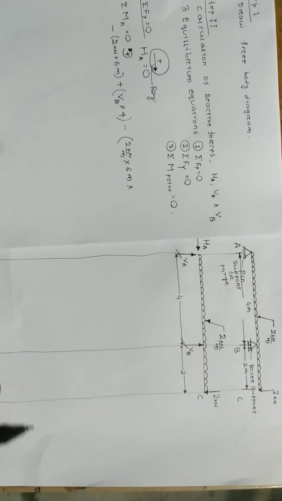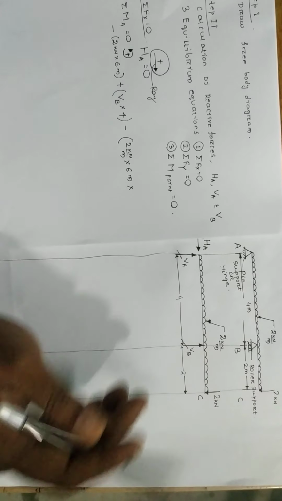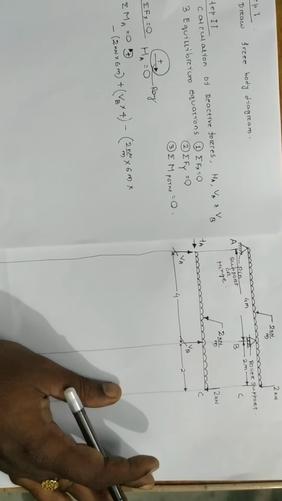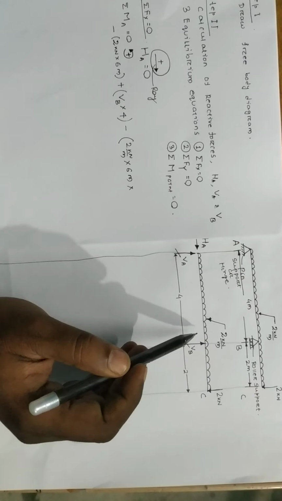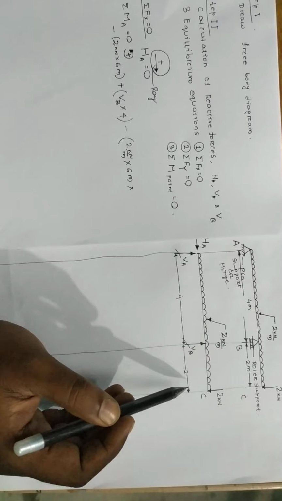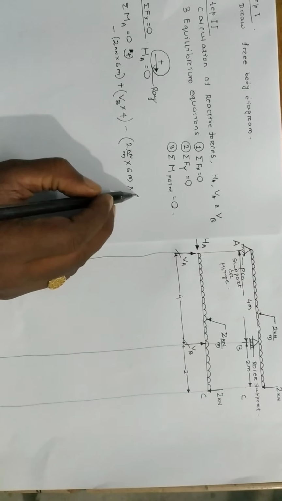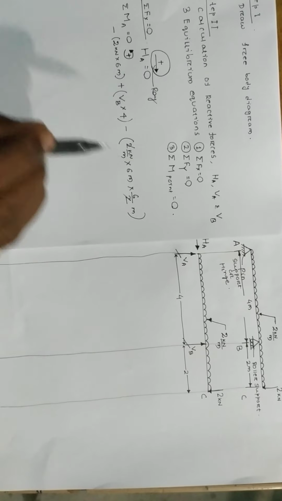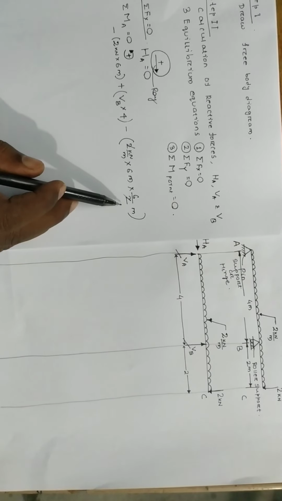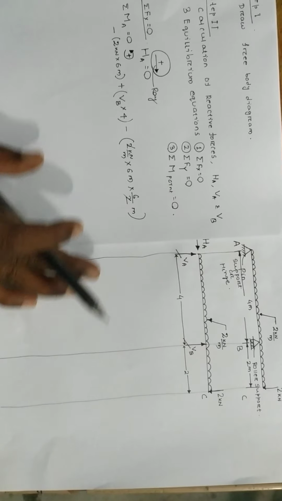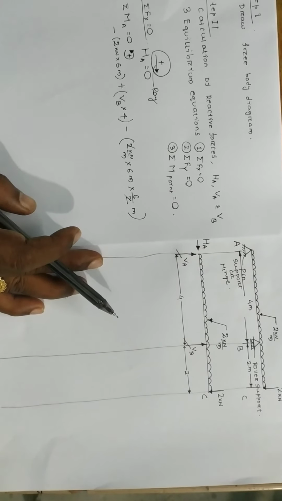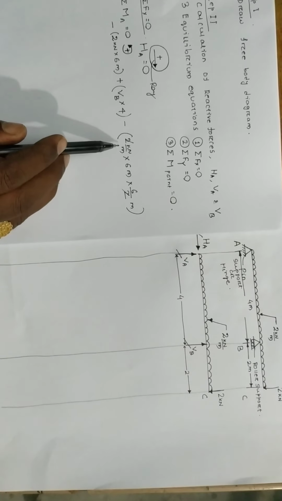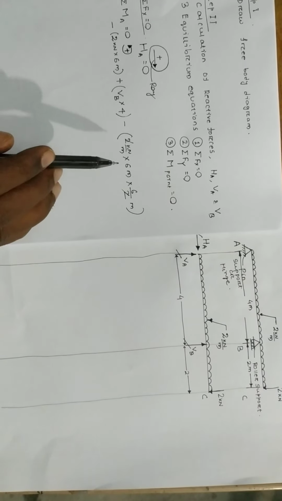What will be the perpendicular distance? If it will act at the geometrical center, then the perpendicular distance between the line of action of this geometrical center and point A will be 6 divided by 2 meters. I am writing the units everywhere. Units help much. If you are committing any mistake, you can identify from the units whether we are on a correct path or not.